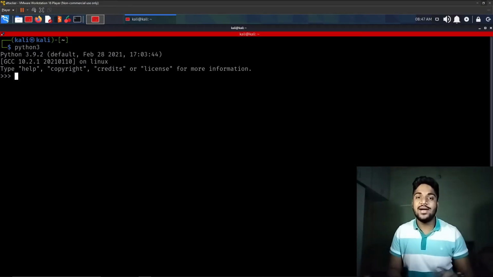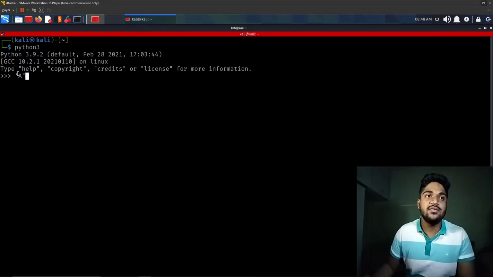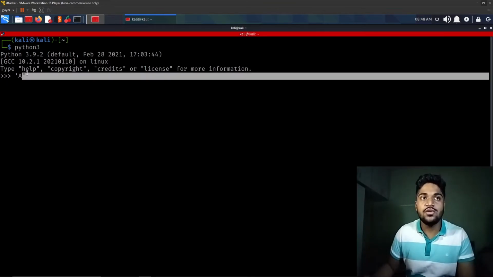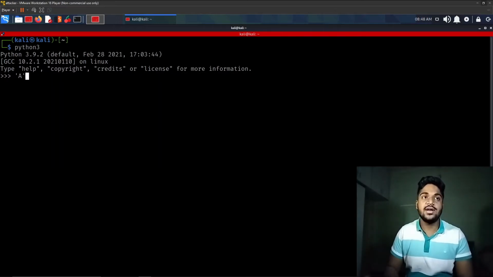Let's say I want to type a for 1,000 times. What I can do is give this as a string. Now here is a really important thing: I have opened it with a single quote and I cannot close it with a double quote. I have to do that using a single quote only, or I have to close it. I cannot keep it open because Python will error out. So I have done this, and after that I can use multiply and I type 1,000.